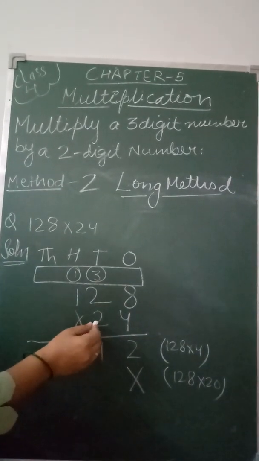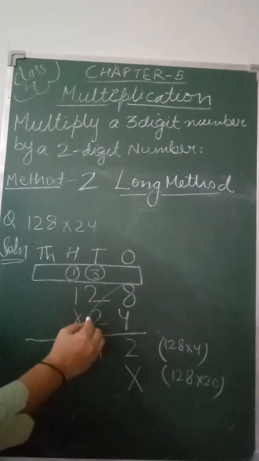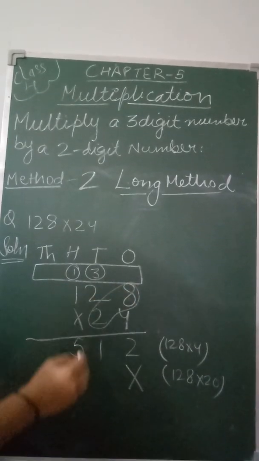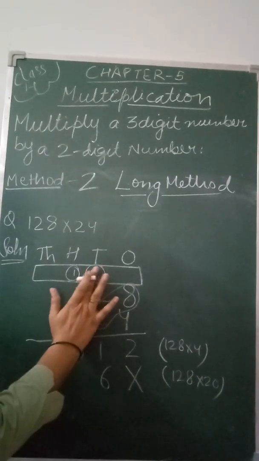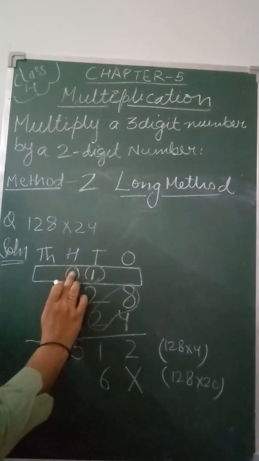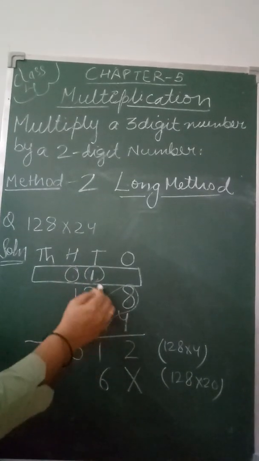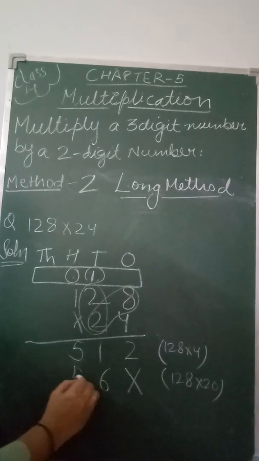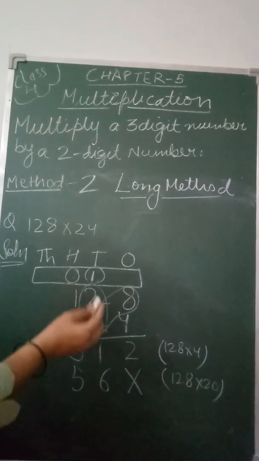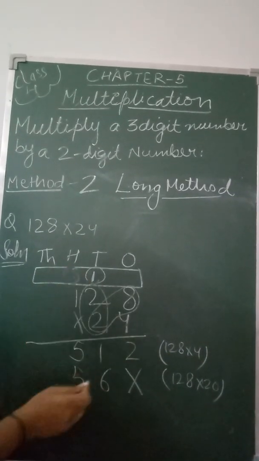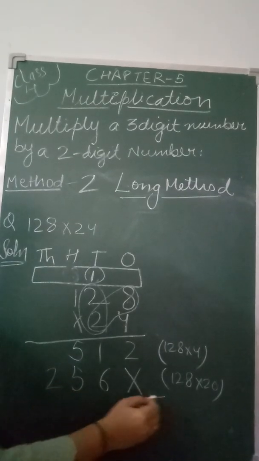Now start multiplying again with this number. We have to multiply now like this. 2 8s are 16. 16, again you can remove this one and 1 carries to the next number. Then 2 2s are 4. 4 plus 1 is 5. Again 2 1s are 2. No carries there, so leave it like this.